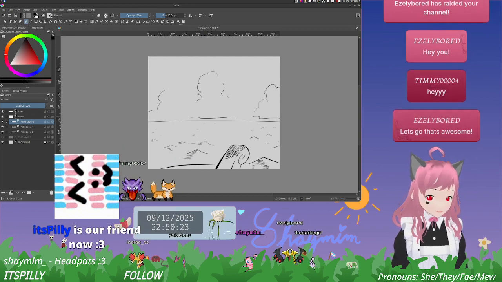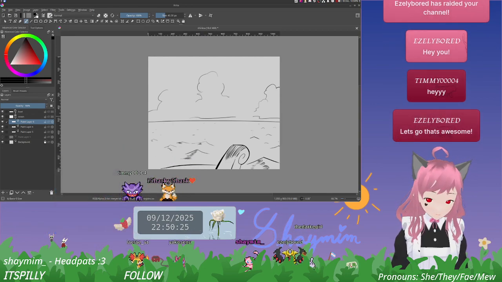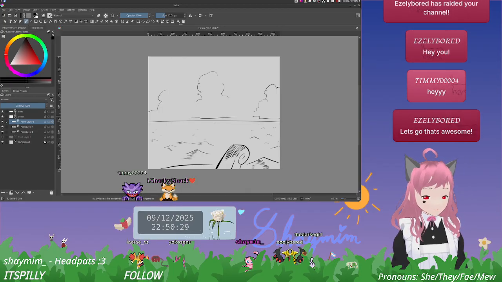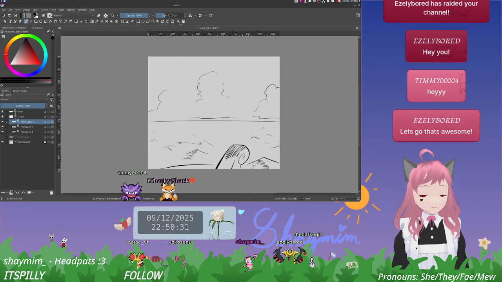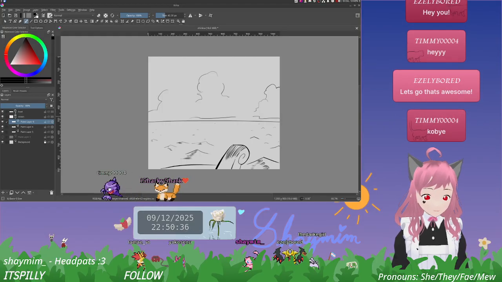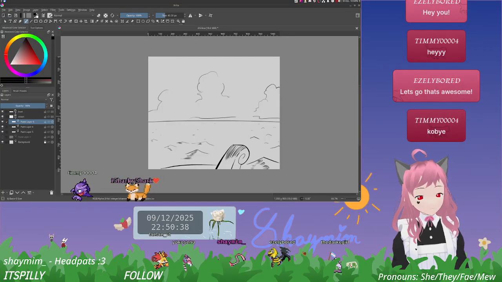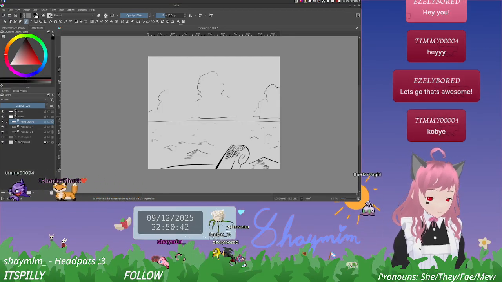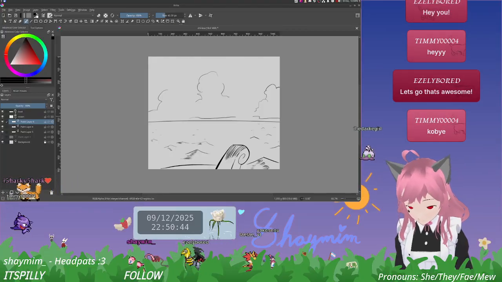Let's go, that's awesome. Yeah, I'm also replacing characters with me and my friends' characters. So, for example, I'm Luffy. And then Timmy is gonna be, I forgot who. Kobe. Did you want to be Kobe? Because I can do that. So that's the other fun part. Here, I'll go show you guys the first one from yesterday.